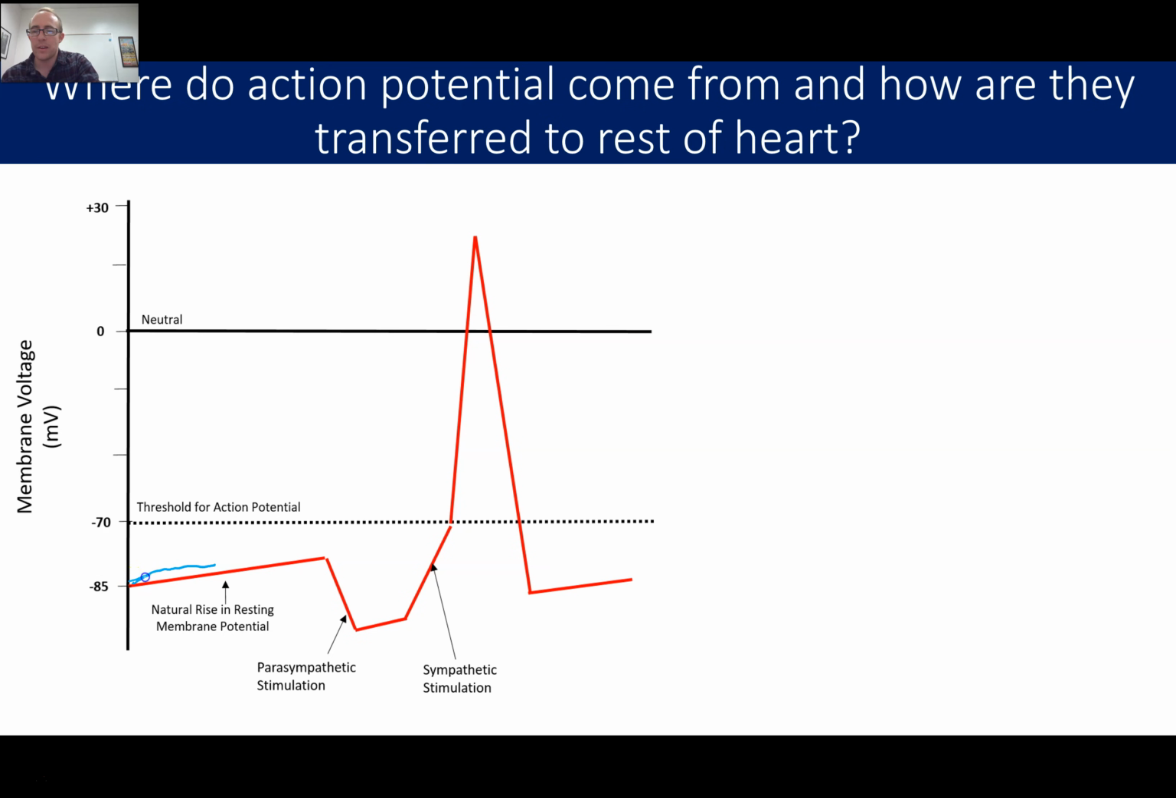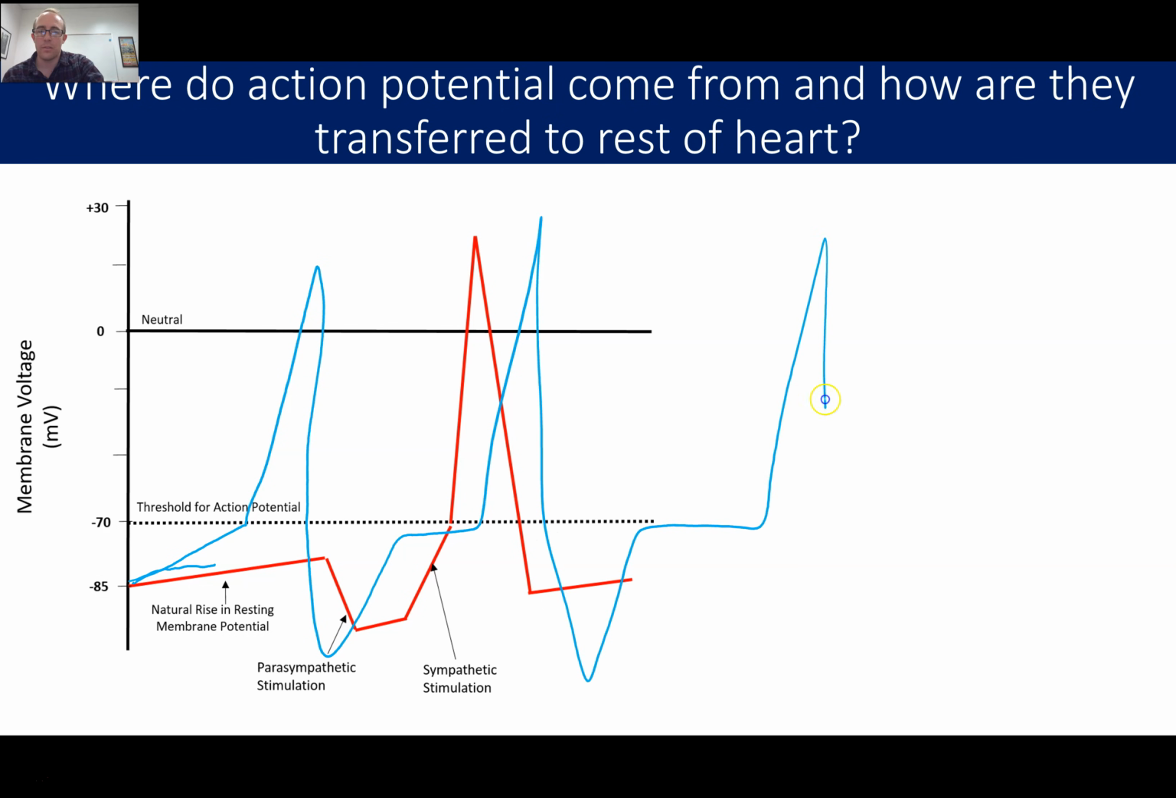Say you have a lot of sympathetic stimulation that gets you up to threshold faster. You're going to have heart action potentials and heartbeats much more rapidly. If you go into,